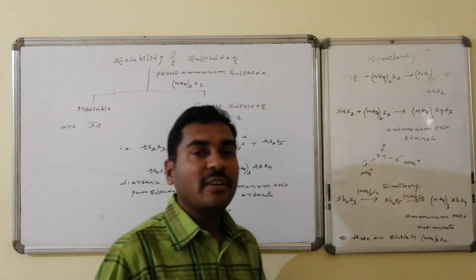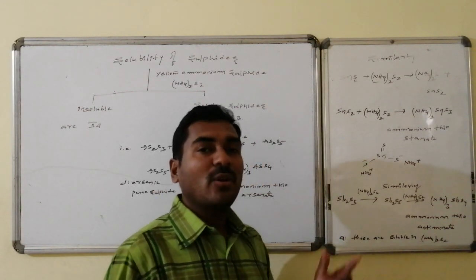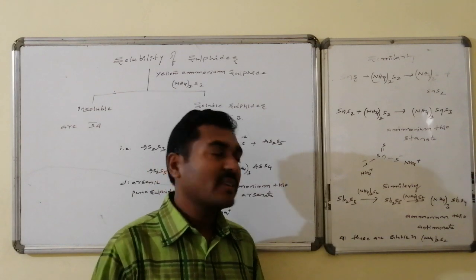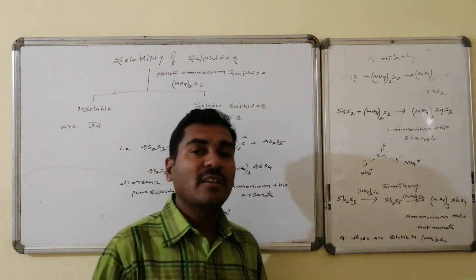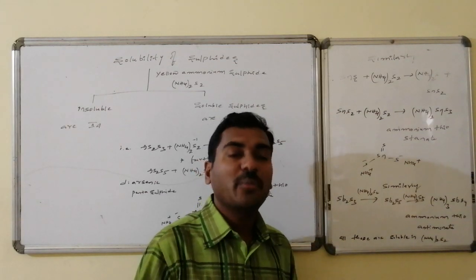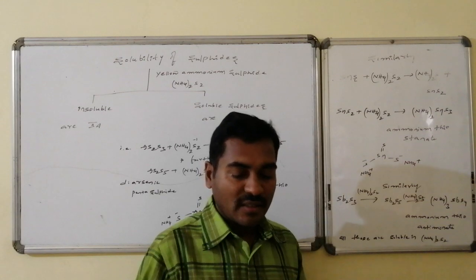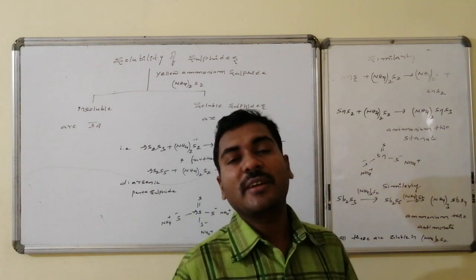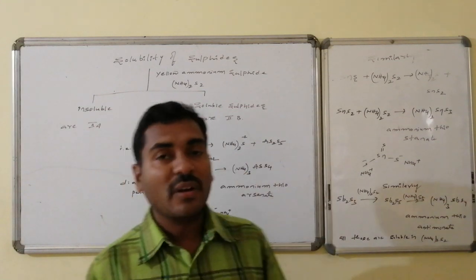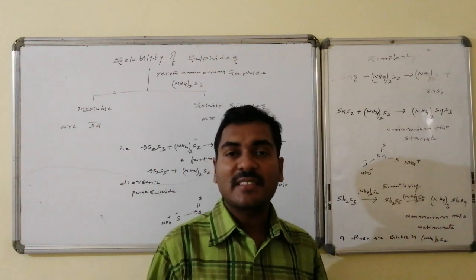Similarly, antimony trisulfide, on reaction with the yellow ammonium sulfide, forms antimony pentasulfide first. This antimony pentasulfide once again reacts with the yellow ammonium sulfide, leading to the formation of ammonium thioantimonate, which is also soluble in yellow ammonium sulfide. Thus, the compounds which are soluble in yellow ammonium sulfide are considered as second B group, and all compounds which are not soluble in yellow ammonium sulfide are considered as second A group.